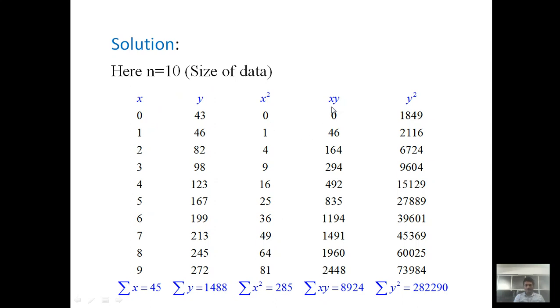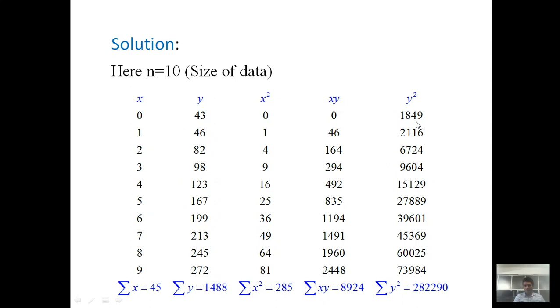Now next, x into y. It's just simply multiplication. So 0 into 43 is 0. 1 into 46 leads to 46, and so on. So 9 into 272 leads to 2448. In the last column, we have to find the square of each and every element of the second column and